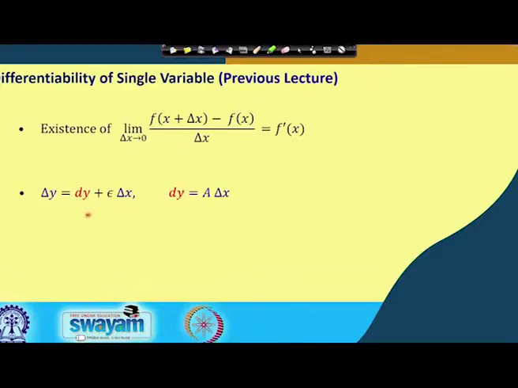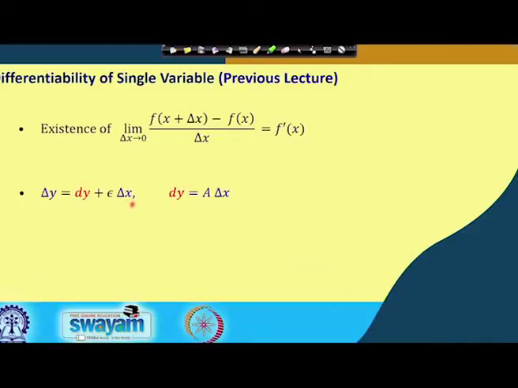The second concept, which is more general, and which we will now use to derive differentiability of functions of more than one variable. In this case, we have seen that if we can express Δy, which is the change in y when we make a change of Δx in x, in terms of dy plus ε Δx, where dy, which we call the differential, is a linear term in Δx, equal to a times Δx. Here a is independent of Δx, and this ε term must go to 0